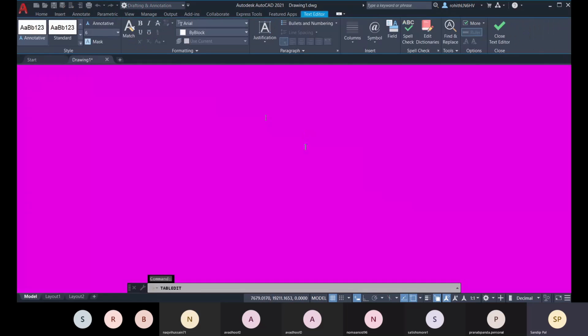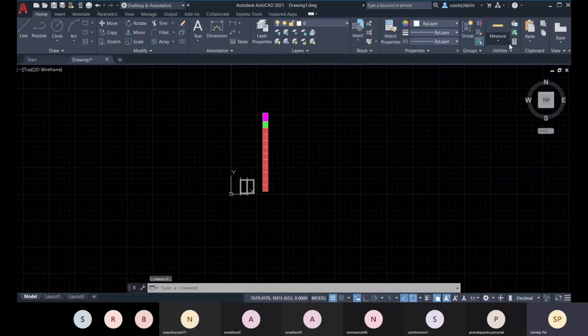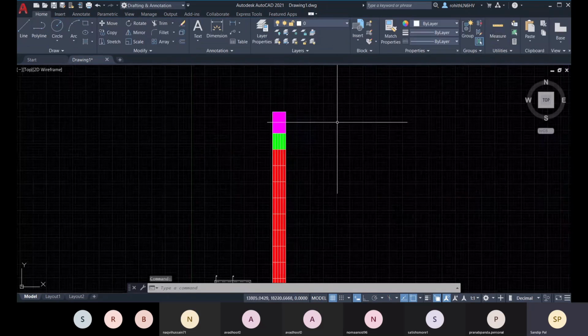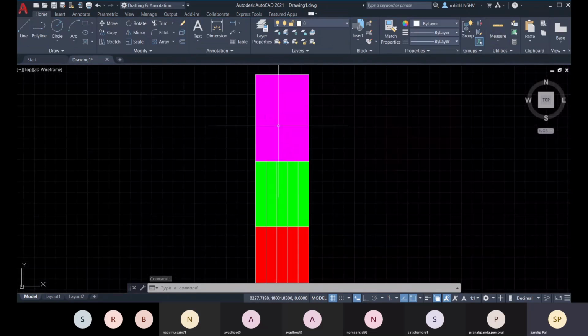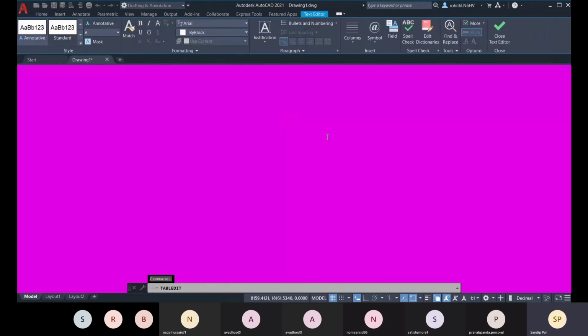When you first insert your table, you will see this text editor window is opened, and you can click on this close text editor. You can double click on it to again open this text editor, and you can write down all the text values.